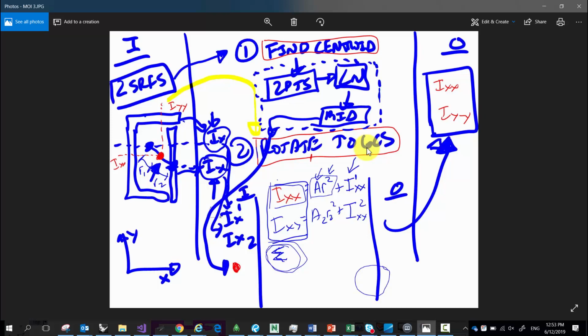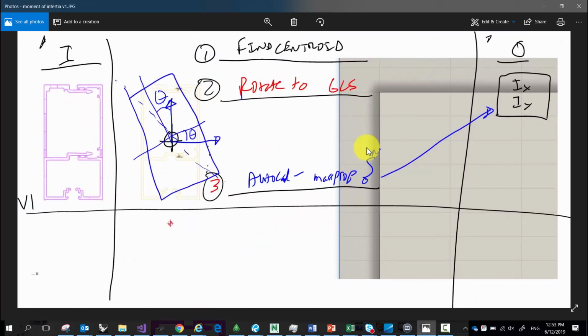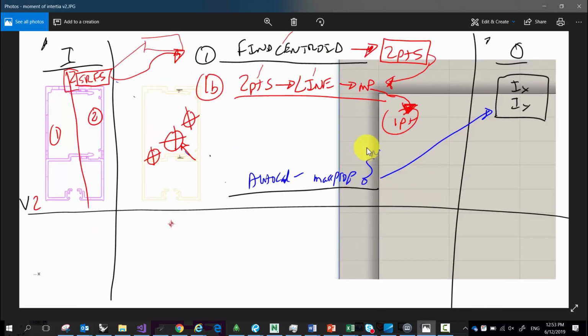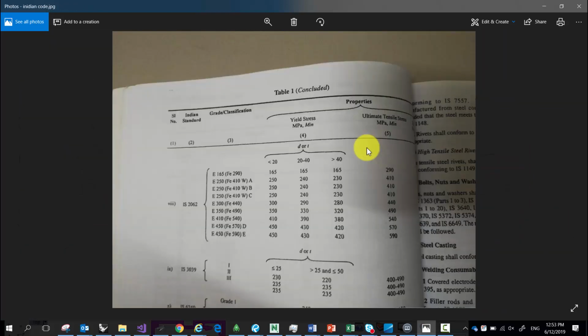Let's remember where we were last time. Our plan originally, there's our original plan: find centroid, rotate the global coordinate system, AutoCAD mass problem. Then we said, well, it's actually not that simple, because if we look at what the data is, you have to change it a bit. So we did some massaging to deal with the fact that it's a list that we get, not just a picture, right? And then at the last session, we were actually sitting here,